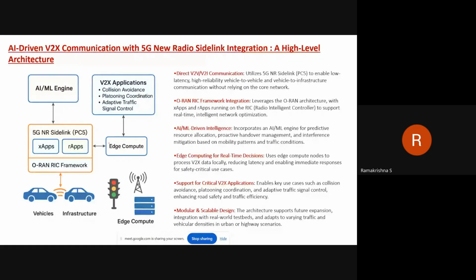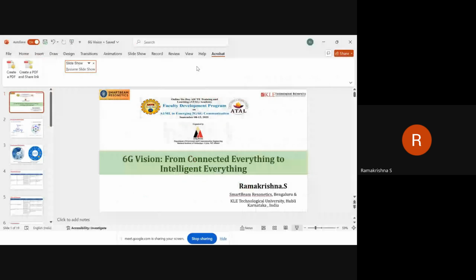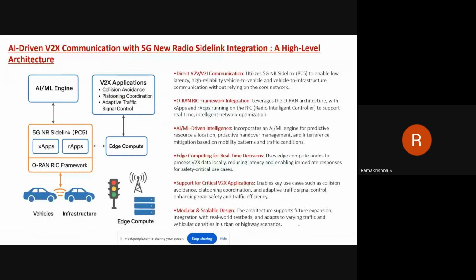So this is another example wherein we are trying to bring in the AI-driven V2X communication with 5G new radio sidelink integration. The sidelink integration, already we have mentioned, is going to be the PC5 integration. So this is the high-level architecture of that, wherein we are trying to bring in the concepts of